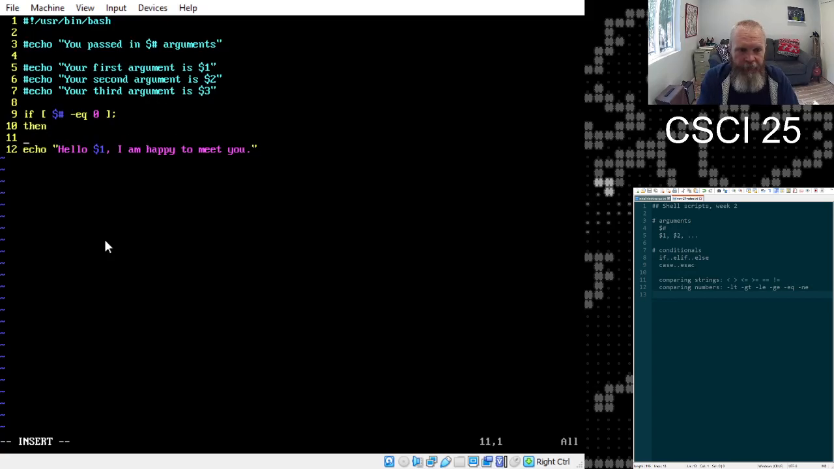Then I'm not going to use tab, I'll just space over a couple times. Let me hit enter again. Okay, so if they don't put any command line arguments, there are 0 command line arguments, I can't say hello to them. So what I would typically do is say usage